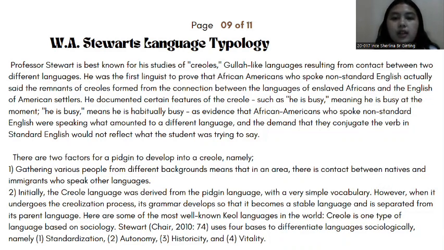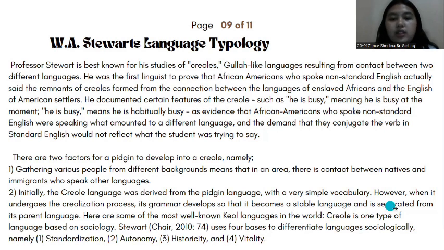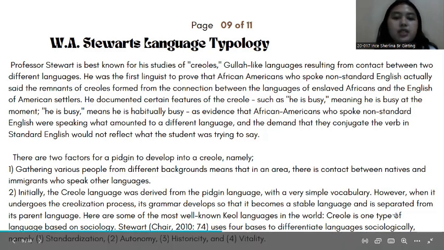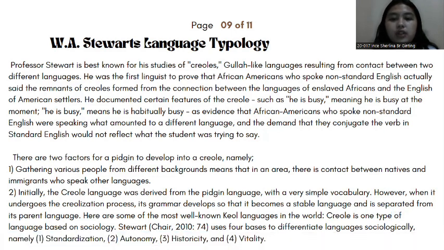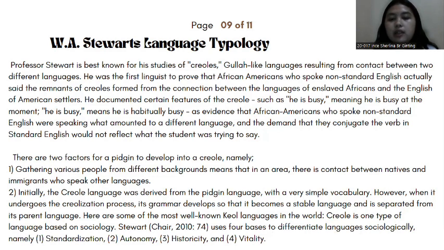And historicity, in the sociology of language, according to Fishman, a language is considered to have historicity if it is known or believed to be the result of normal development in the past. And the fourth, vitality or usability, is a sociological classification of language. According to Fishman, vitality is the use of a linguistic system by a community of non-isolated native speakers. So this element of vitality asks whether the linguistic system has native speakers who still use it.